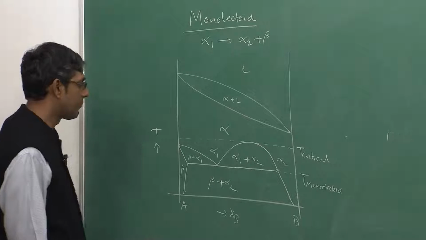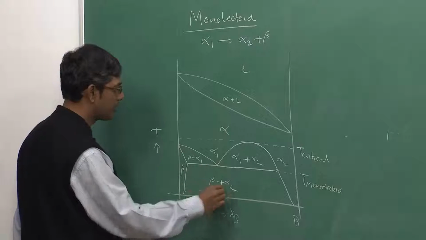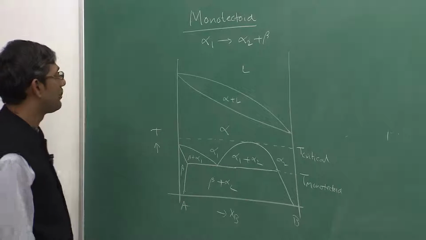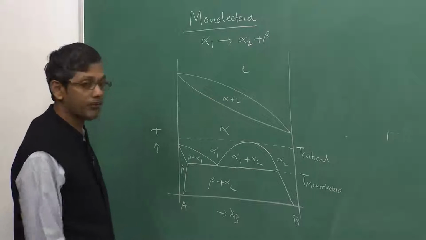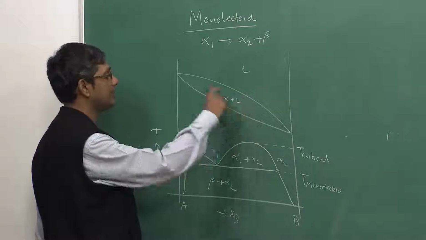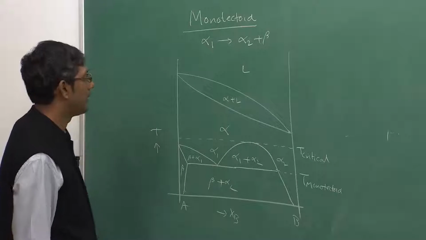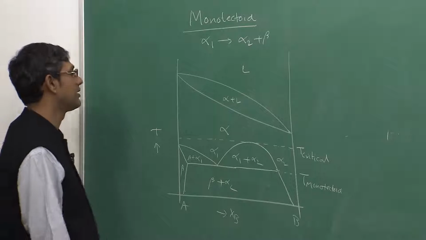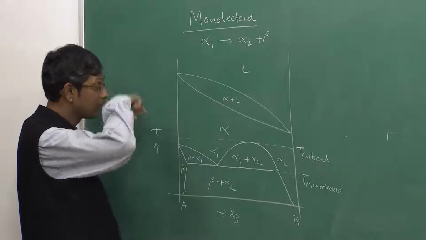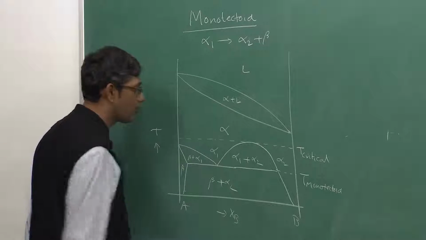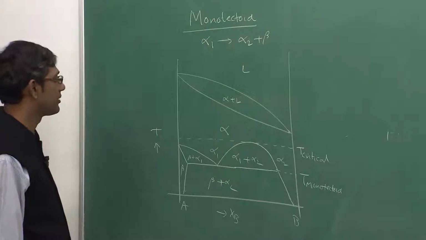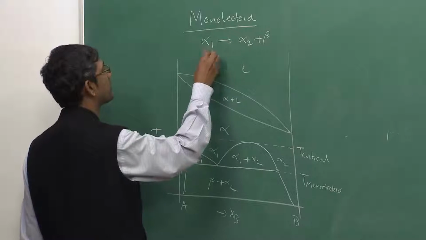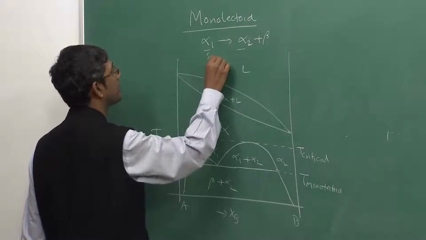So, at the monotectoid temperature, alpha 1 transforms to beta plus alpha 2, that is what I showed you in the phase diagram. So, basically you need a prerequisite alpha. That is why this alpha normally forms by such kinds of phase diagrams, but it can also form by other reactions, like peritectoid reactions, and then it can undergo such transformations. This is widely observed. These two, alpha 1 and alpha 2, will have the same crystal structure,